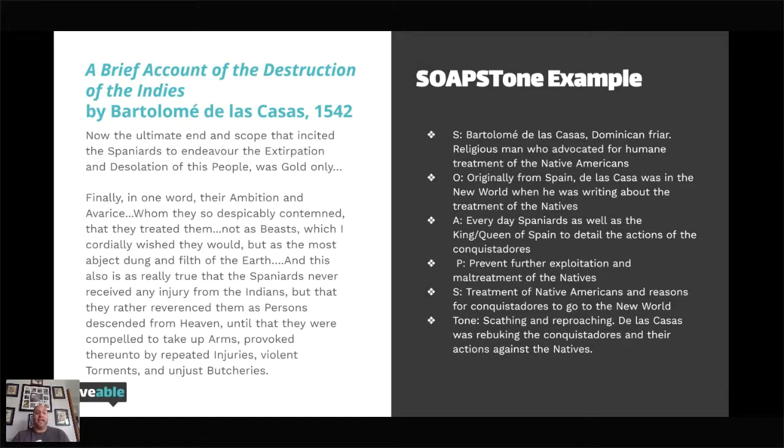One of the things I will say that leads us into our next question: how can you use AP parts and SOAPSTONE to help you in your class? You need to practice this. Okay, this isn't something you can just pick up overnight. Practicing document analysis is key to success in all three of the histories classes, whether it's APUSH, AP Euro, or WAP. Your textbook has a great wealth of primary source documents and secondary source documents. We used the Spielvogel Western Civilization in the school that I was teaching at in the States. From memory, there were usually at least 4 or 5 primary and secondary source documents per chapter.